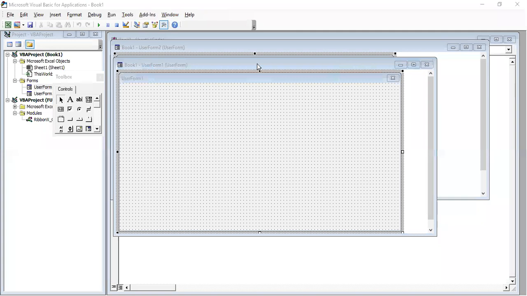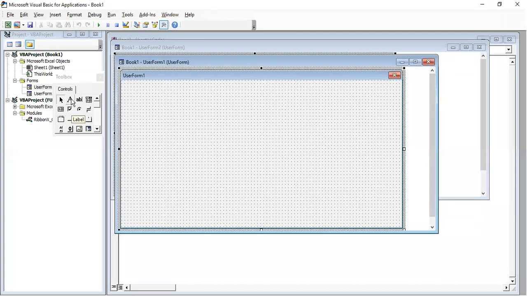So here, using these controls, like in HTML, how you create text boxes, labels, radio buttons, check boxes, all those things, command buttons. Similarly, here we can create form controls. We have two types of controls: one is ActiveX controls, another is form controls. Earlier we saw the ActiveX controls that we created. Now this is the form control we are going to create.